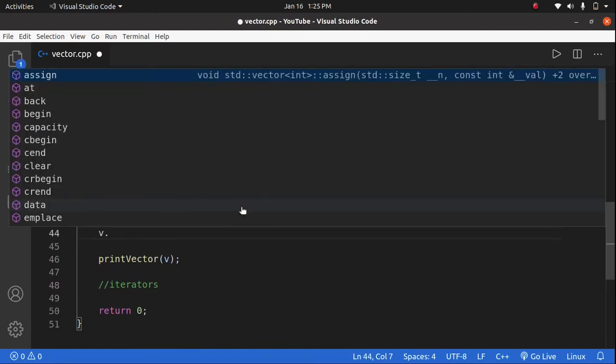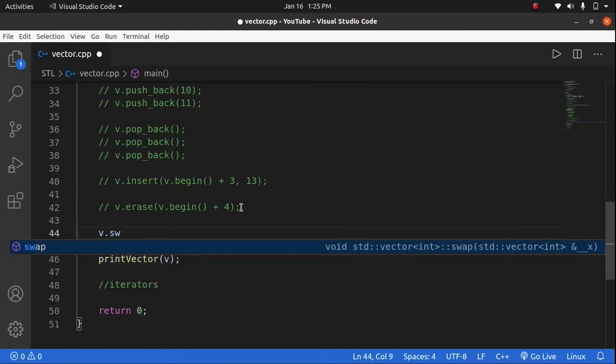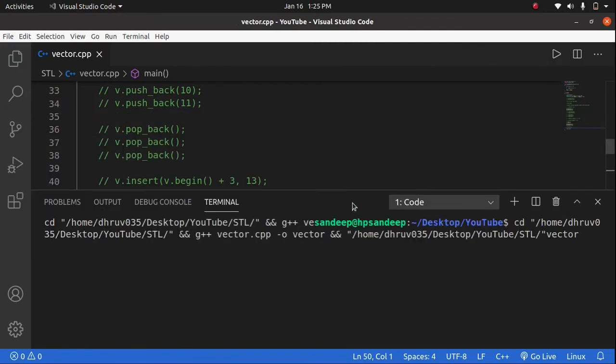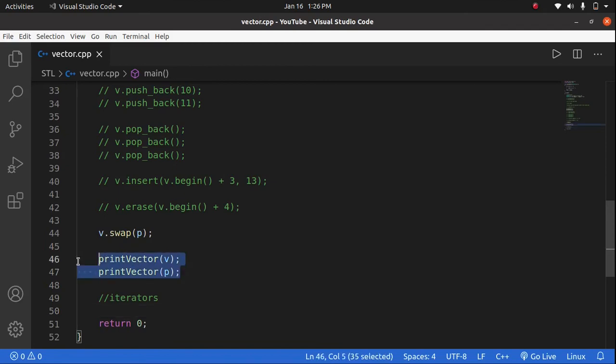V dot swap p. This will change the values of v and p. It will swap it. So if you print p and v again after swapping and before swapping, then we can see that it has swapped. Now let's see another function.